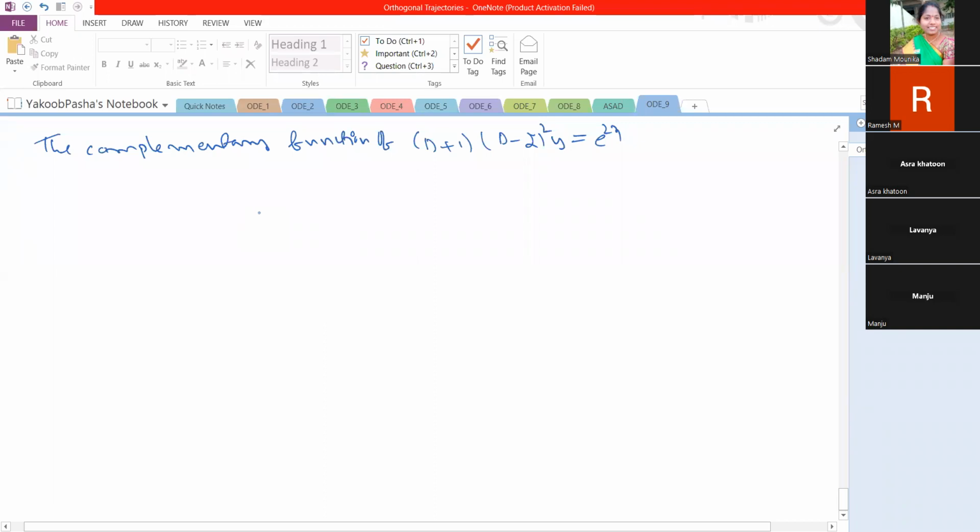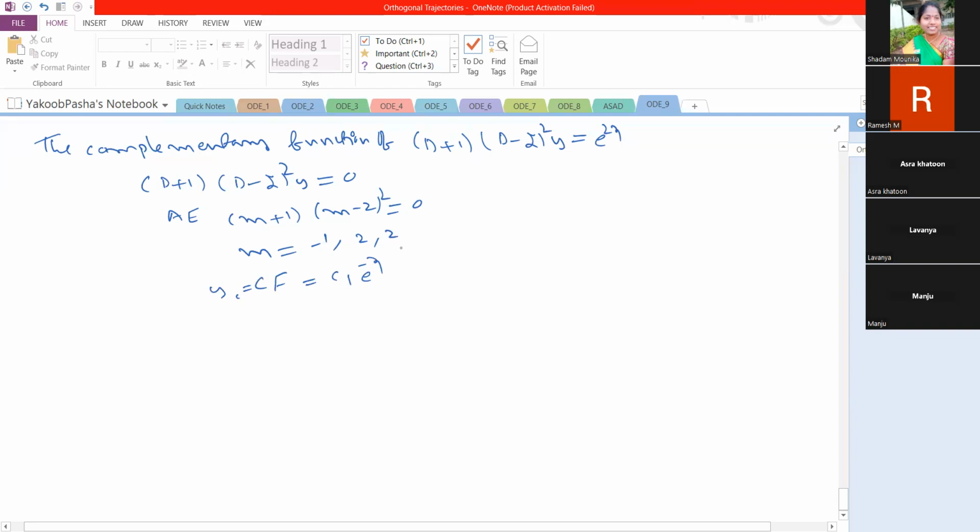So for the complementary function, we have to take the corresponding homogeneous equation, d plus 1 into d minus 2 whole square into y equal to 0, and write the auxiliary equation. The auxiliary equation is m plus 1 into m minus 2 whole square equal to 0. So here m is equal to minus 1, and m minus 2 whole square 0 means m equal to 2 twice. So here 2 is repeated twice and minus 1 is different from 2. So the complementary function yc is equal to c1 e power minus x